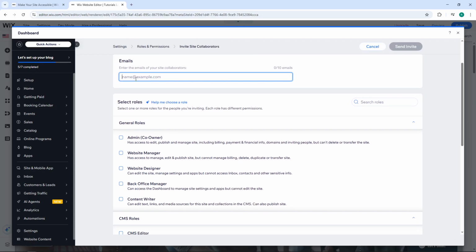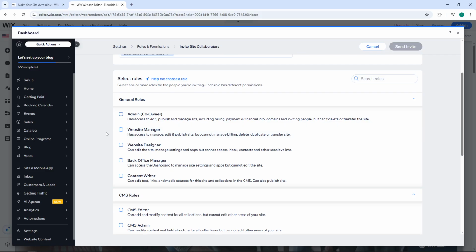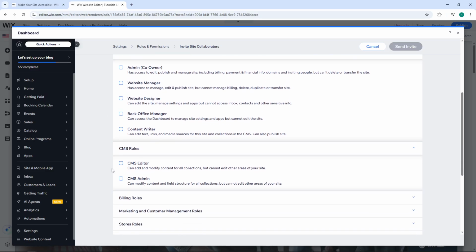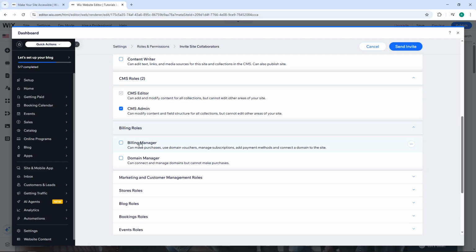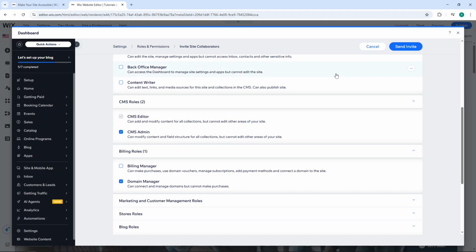Now you're in the invitation setup. Start by entering the email address of the collaborator you wish to invite. Make sure the email is correct, as this is where the invitation will be sent. Then, scroll down to assign a role for this collaborator by clicking on the appropriate checkbox. Wix offers different roles depending on what level of access you want to grant, whether it's full editing rights or just viewing permissions. Once everything is filled in and you're satisfied with the role you've assigned, simply click on Send